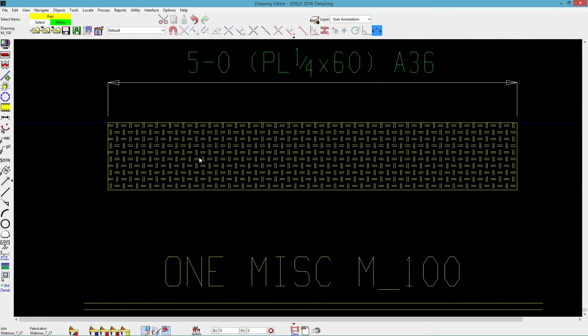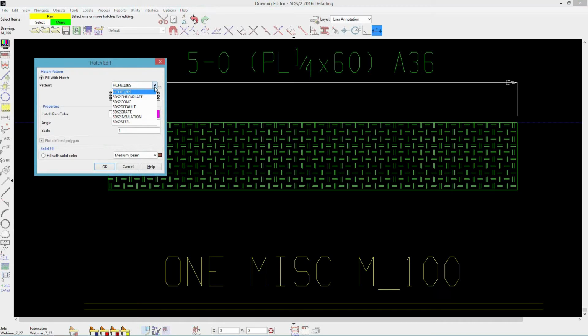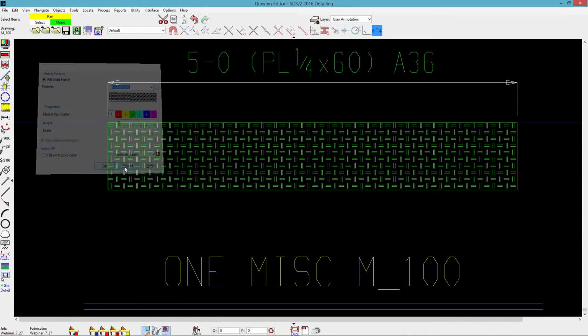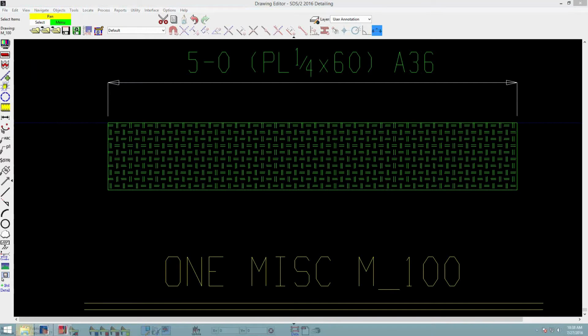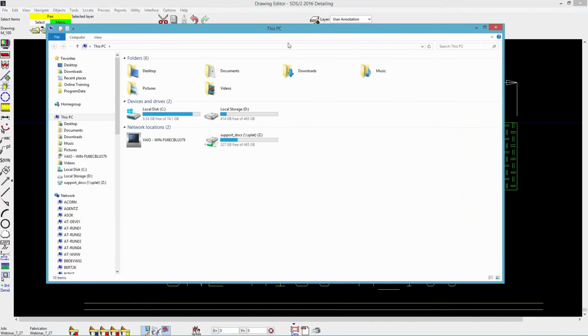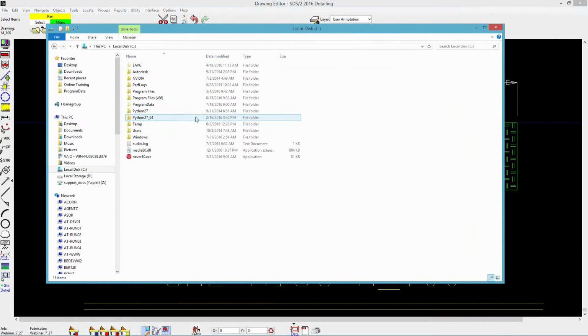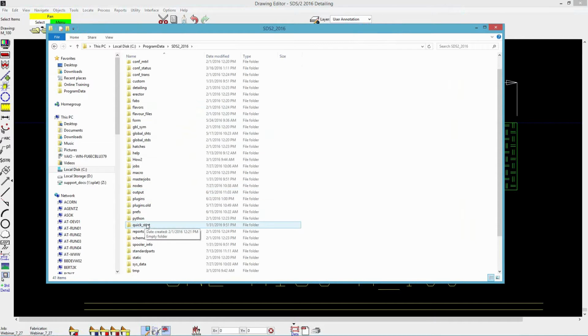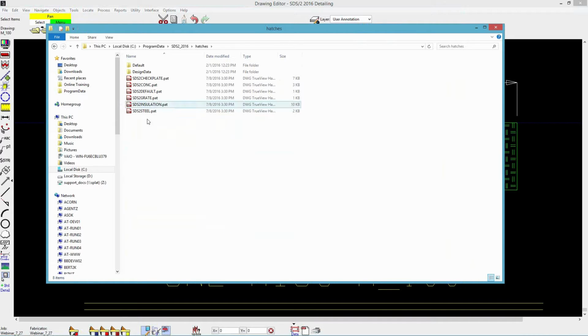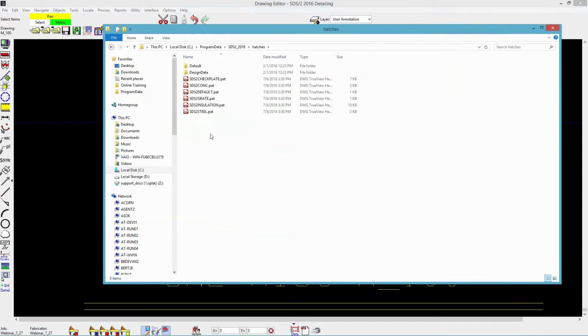If I want this hatch to show up, so now it's in my drop-down list, if I want that to show up for every job, I can go to my data directory, and then there is a hatches folder inside the data directory. So I could load that inside of there. So I could just copy that file and paste it inside of here,